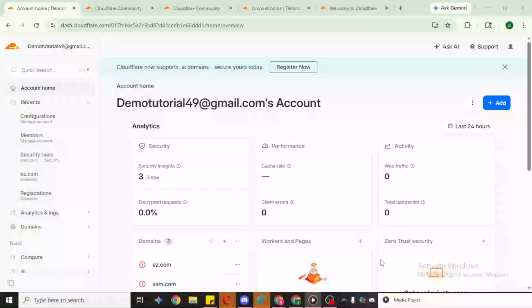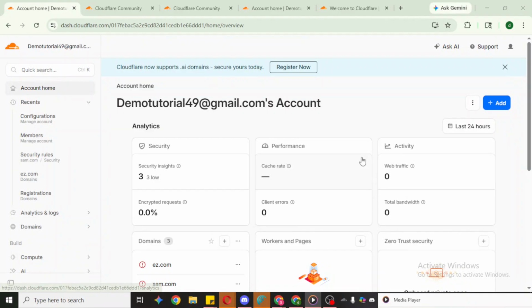In today's video, I'm going to teach you how to change email address on Cloudflare. By the end, you'll know exactly where to go in your dashboard, what information you need, and how to save the change confidently. Before we begin, make sure you have the new email address you want to use and your Cloudflare account password handy. It's also a good idea to do this from a secure device and a stable internet